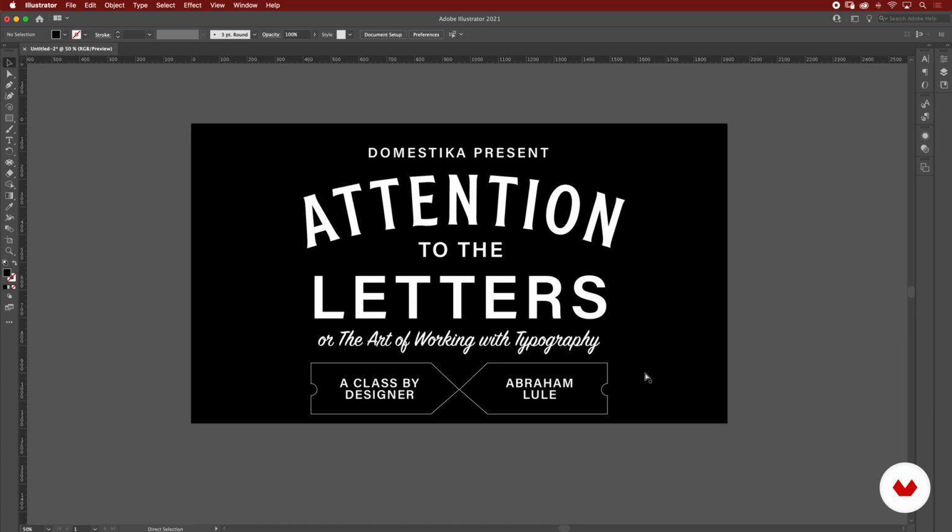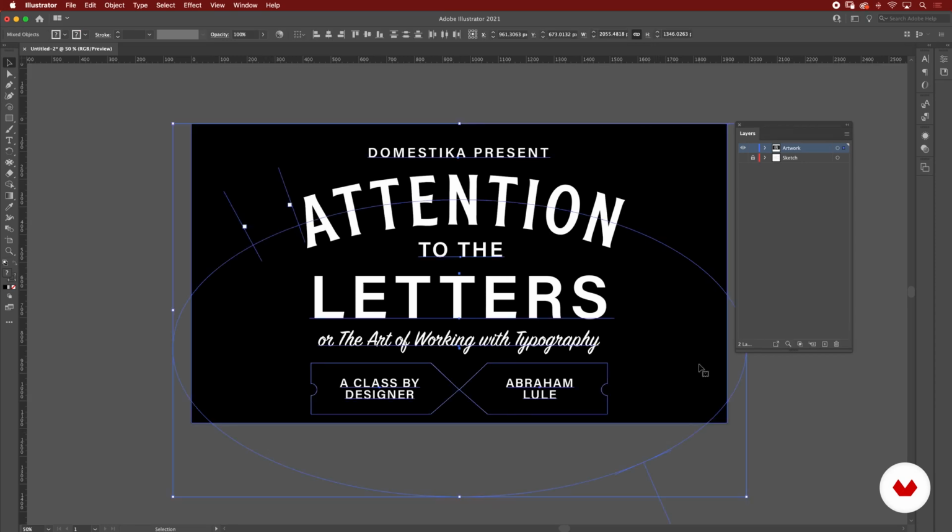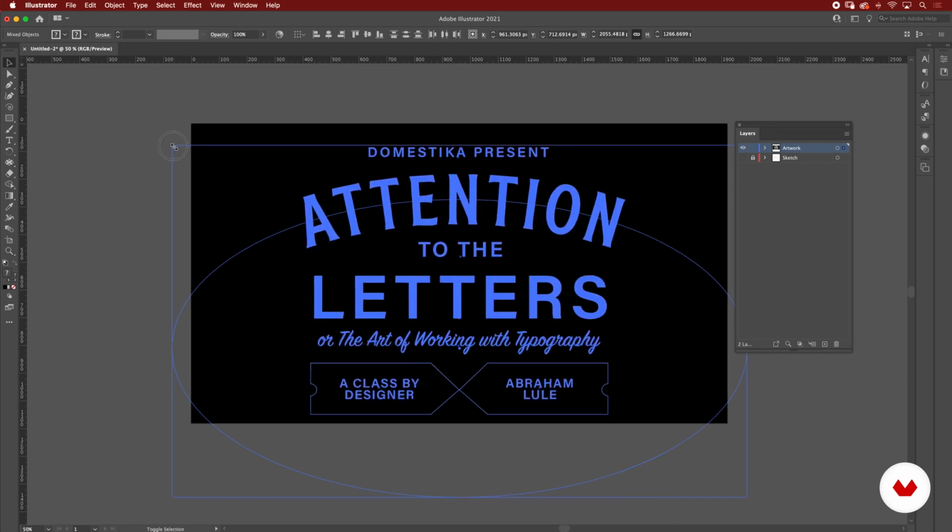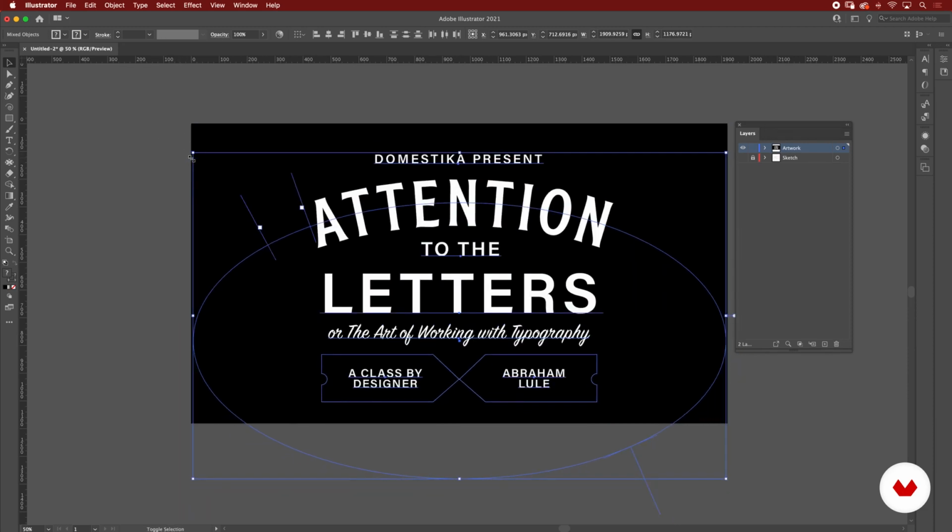The first thing is the relationship with the elements, and the base in black in this case is something that we want to design itself. At the moment, you'll see that at the top we have a margin with Domestika, and at the bottom we really don't have a lot of room. We have this kind of shape that comes in as an arrow, and then we have these little circles, and this is all what I'm looking at. At the moment, this looks very uncompensated, so I'm going to scale this down a little bit so we have more room in our composition.